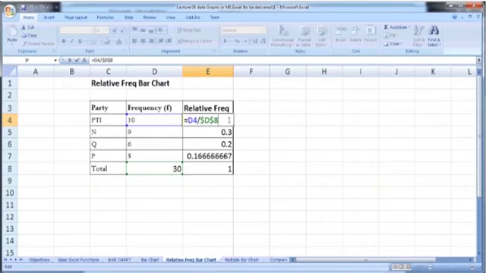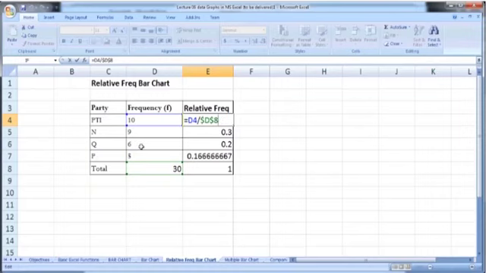So this will divide D4 by D8. And note that I have used the dollar signs with D8. This is because I want to keep this cell number, which is located in D8, fixed. Why did I do this? Because when you copy this command downward, D4 will change to D5, which is 9 here, whereas D8 will remain fixed.